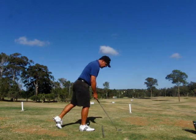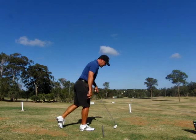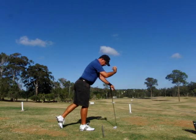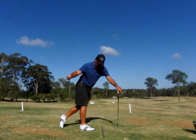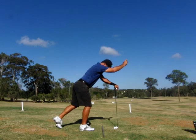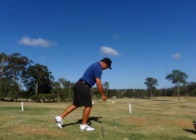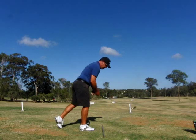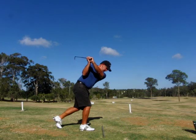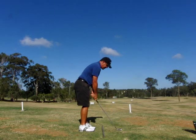So if I were to take this position here, moving the arms and sitting down, okay, spine reaching out. I don't want to feel like my spine itself is going to move at all this way, turning. I'm just going to feel like my spine is reaching out over the top of the ball and reaching down behind me into the ground. Okay. And then I'm going to make this move, as I said earlier, with the arms directly in counterclockwise rotation here. Okay. So if I put that into a dynamic with the left side resistance,